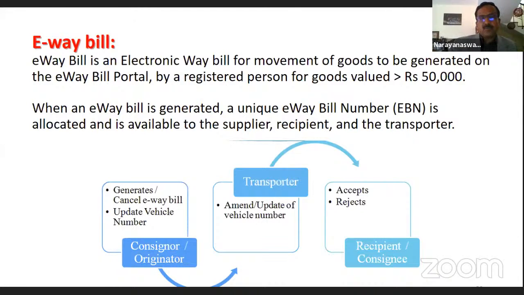E-way bill is nothing but a document electronically generated on the separate NIC website, where there are conditions like, above 50,000 rupees worth of invoice, if you are carrying, you need to generate this, and there are timelines given, and officers can track through the system where it's going and all that. So this has helped us in booking a large number of cases. For example, there are cases where the registration number is only of an auto rickshaw, whereas the items carried on that are iron items, about 10 tons and things like that.